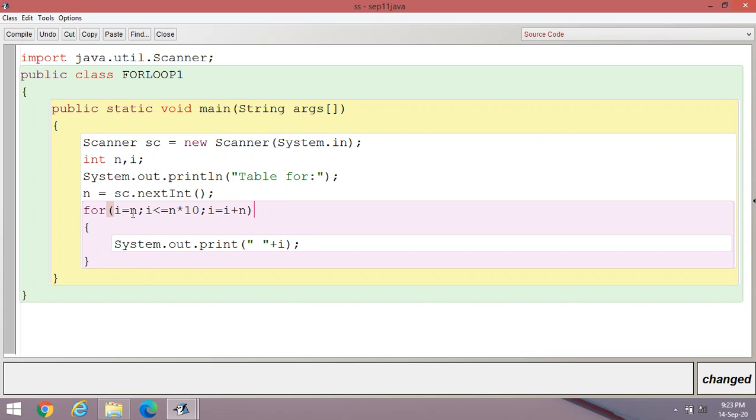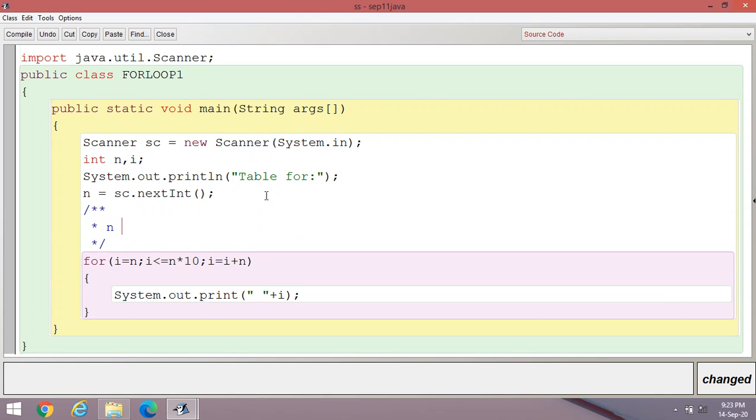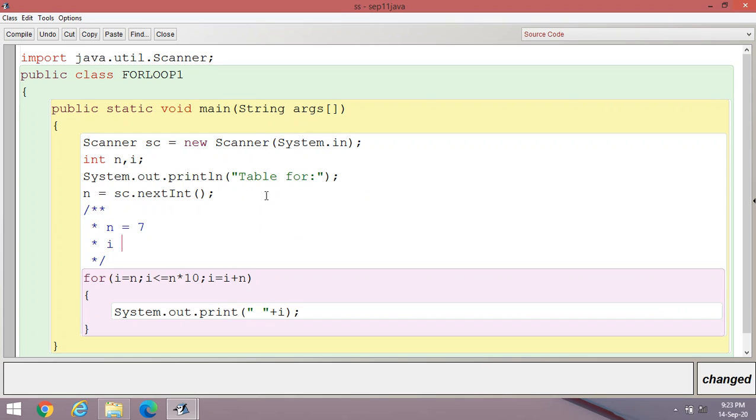That's why suppose I enter here, I am writing a comment. Suppose I am entering n is equal to 7. It means i varies from 7, then i less than or equal to 70, and each time i is incremented by 7. Now, what is the meaning of this? The first value is 7, second is 14.